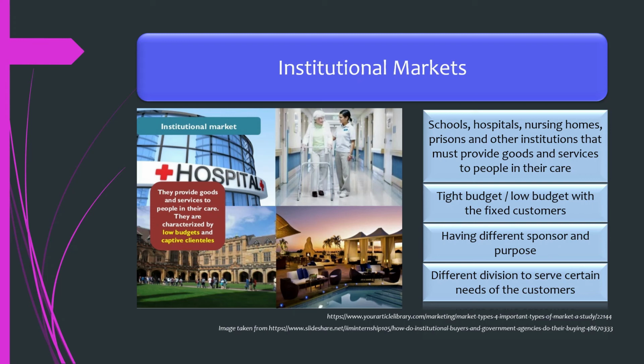Another example is the schools. If you see nowadays, there are so many types of schools. There is national school with their national standard curriculum. There is also national school, but with a different curriculum. They have cooperation with some other schools abroad, overseas, so they can apply a different curriculum combined with the national curriculum. And then there are also schools that only serve handicapped children. So that is also called different divisions to serve certain customers like the school students.